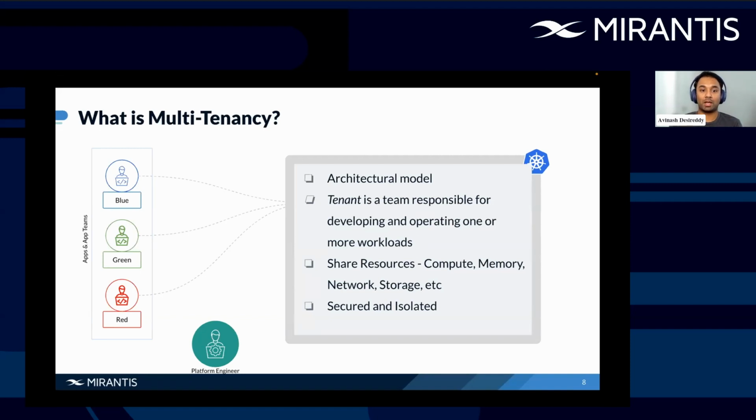So what are the benefits of multi-tenancy? It's isolated and secured. That means we can achieve multi-tenancy in different ways. One is building dedicated clusters for each tenant, or it can be a single cluster where multiple groups access the single cluster, and the access to different tenants within the cluster is restricted